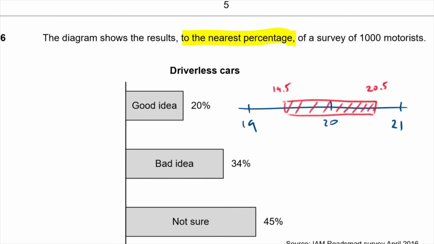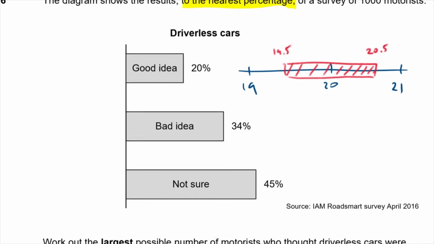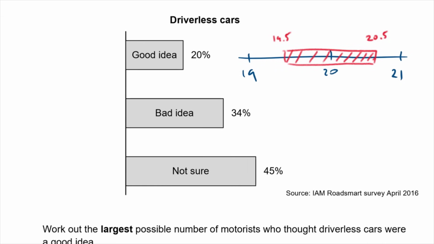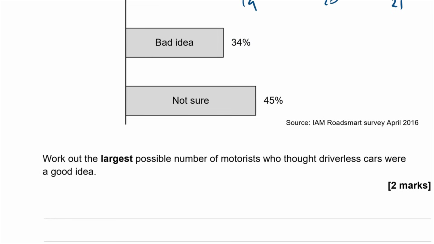So work out the largest possible number of motorists who thought driverless cars were a good idea. The largest possible is going to be the larger of those percentages then, isn't it? So I'm going to be using this upper limit then, 20.5, to calculate. And obviously 20.5 you round up to the next value up, 21, but it still is the boundary and is still the one we calculate with. So largest possible